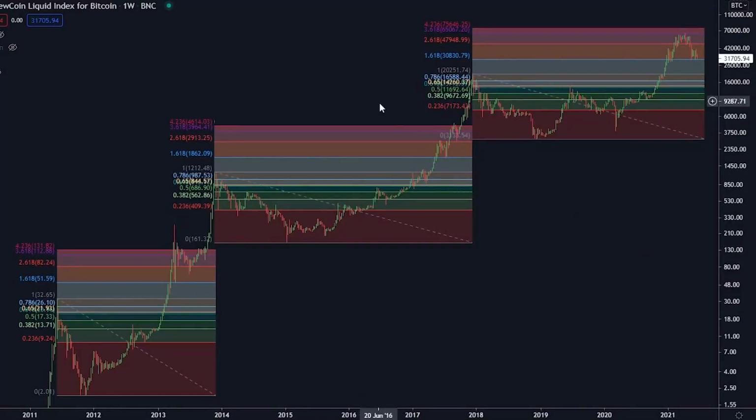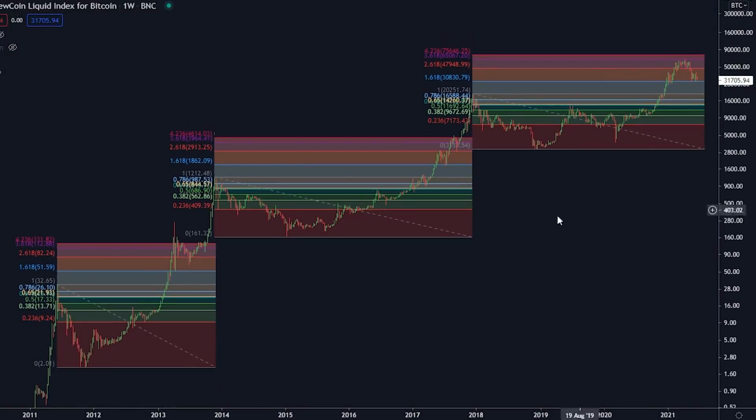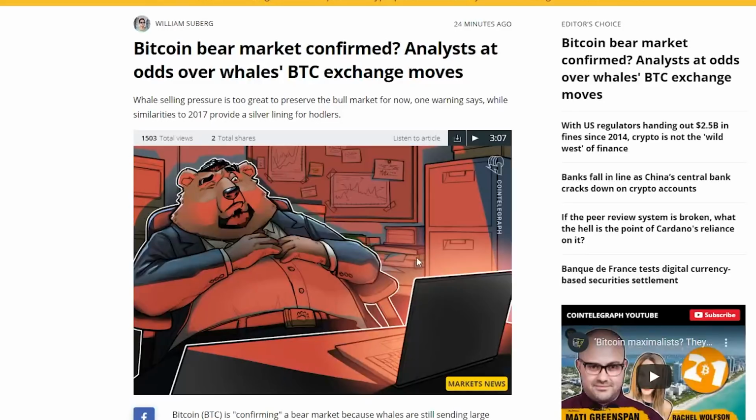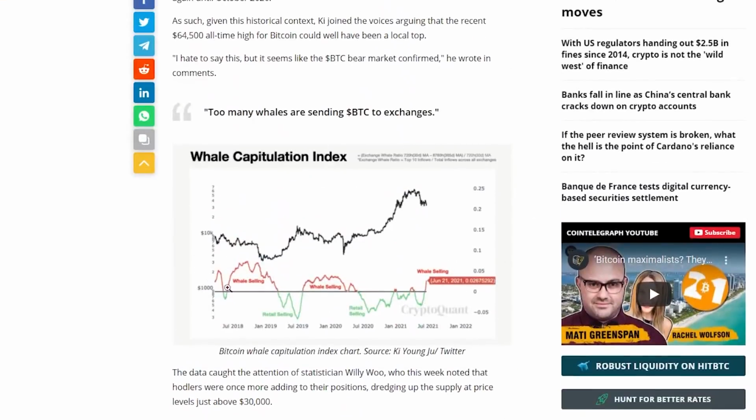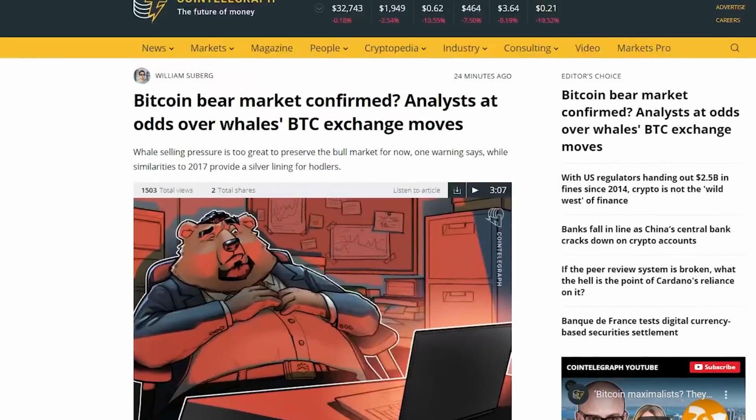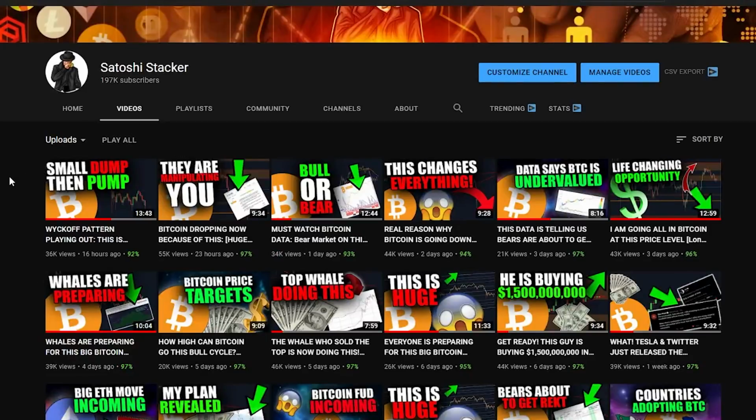Let's go! Today guys, I got something huge for you, because while everyone is focusing on the death cross right now, everyone is literally talking about it. Sometimes you have to look beyond the obvious thing, and this is going to blow your mind. Also, we are going to talk about some very important on-chain metrics, and I am going to tell you why I am thinking the way I am doing. So you need to watch this video. This is going to be perhaps one of the most important videos you will watch on how to become successful